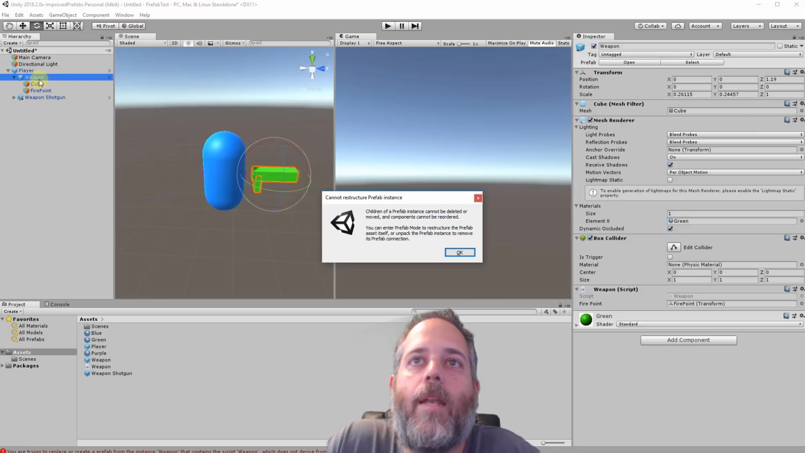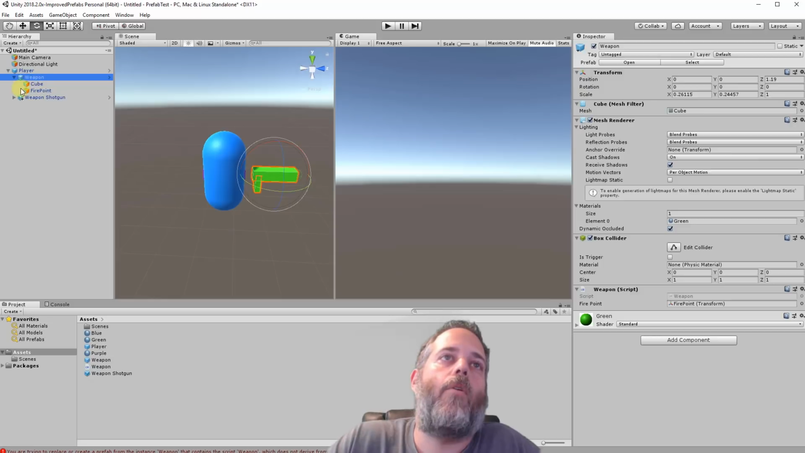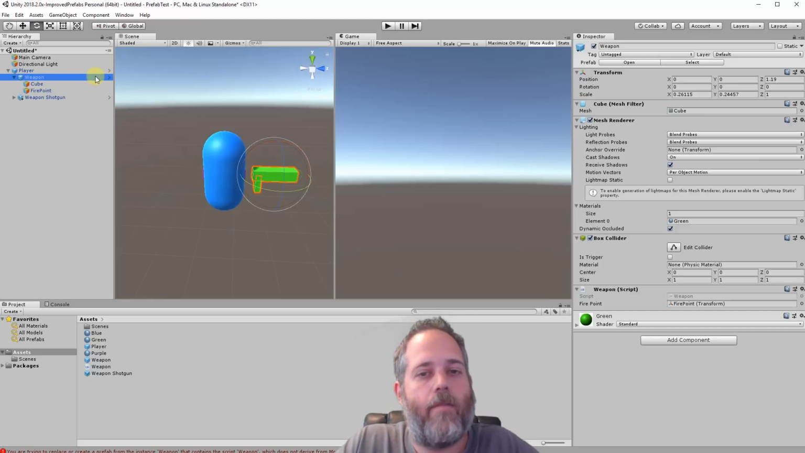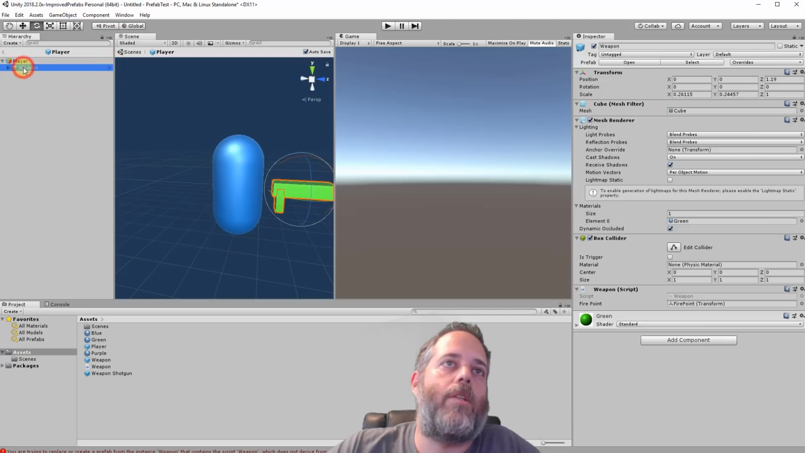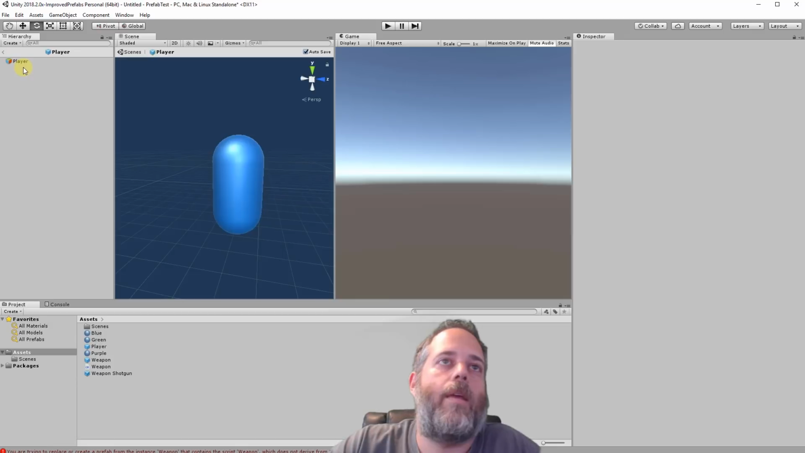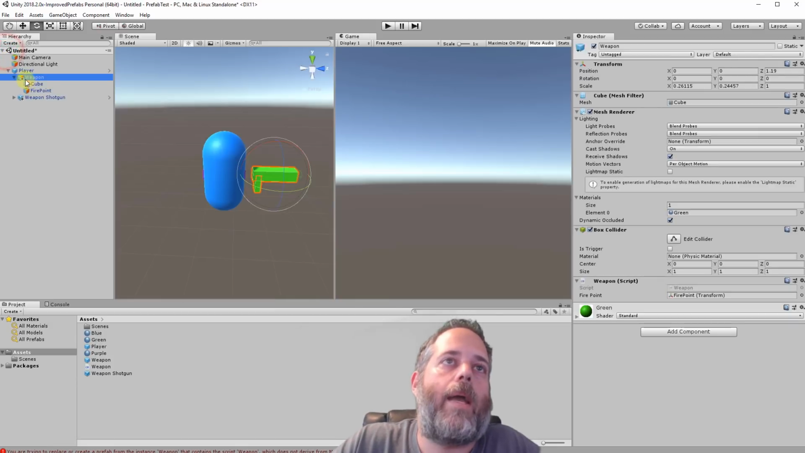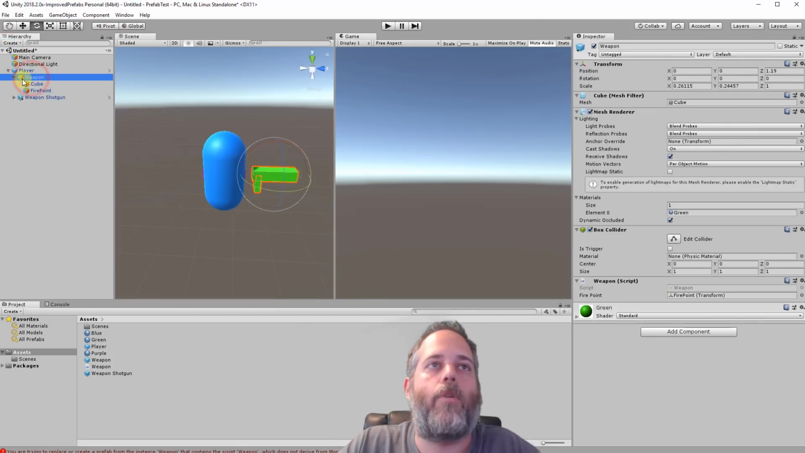Children of prefab instance cannot be deleted. Oh, okay. I need to go into prefab mode and do that. I didn't even realize that. So if we hit that, or just hit the little arrow here, or again, double click, go into prefab mode, and then I'll just delete, oops, not the name, just delete the weapon and go back out. And now the weapon shows up with that little plus, which means it's not part of the prefab,